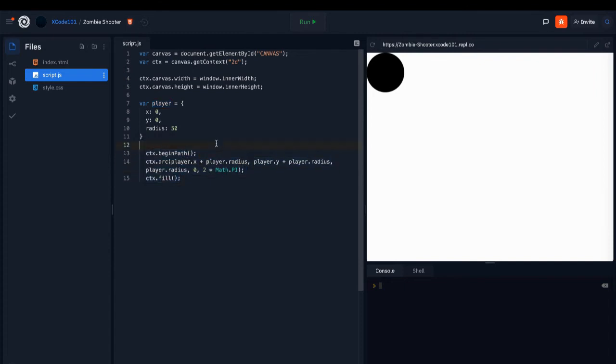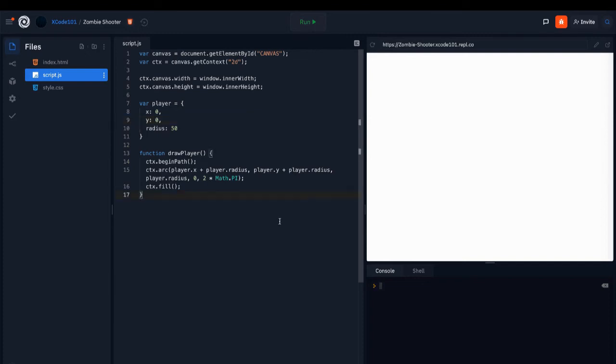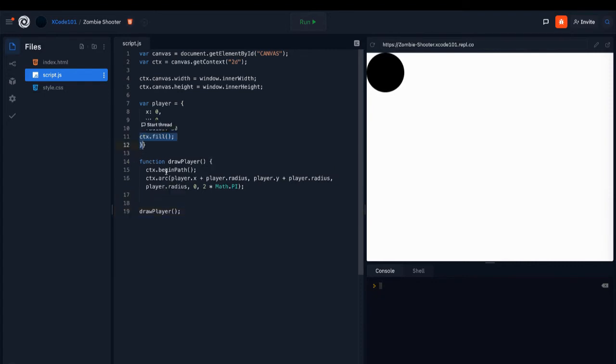Now tab this, and we can create function, and we can create the name of this function to be drawPlayer, and keep closing curly brackets after and beginning of the code. So now we can run it. It doesn't do anything because we've never called this function. So let's call drawPlayer and a semicolon at the end, which is very important. Run it, and ta-da! It does the same exact thing as before, but now we can call this function much